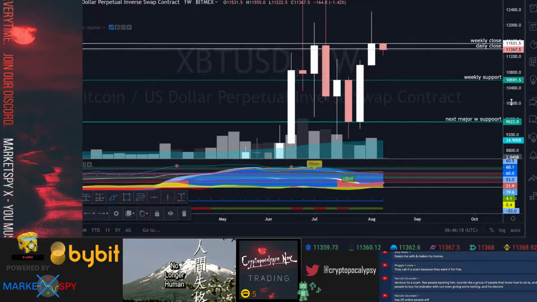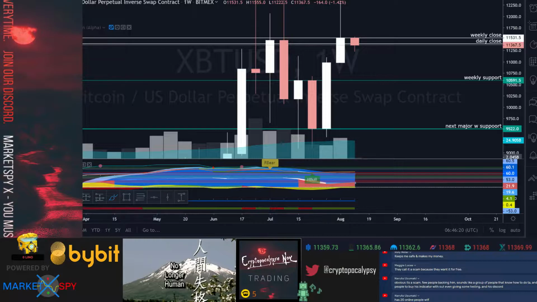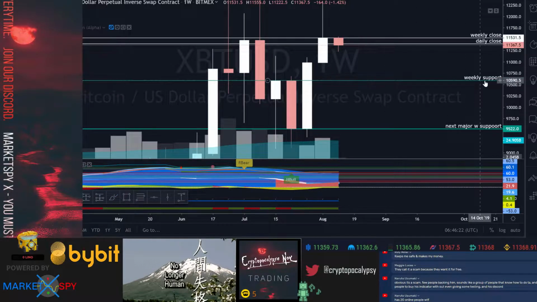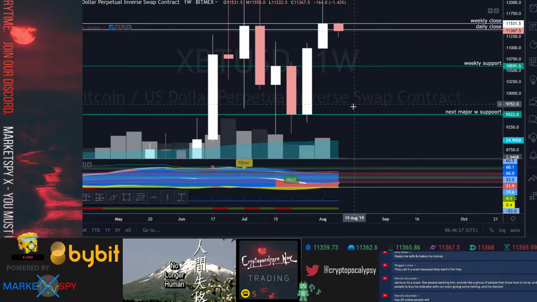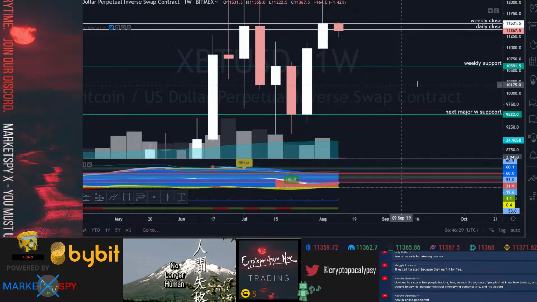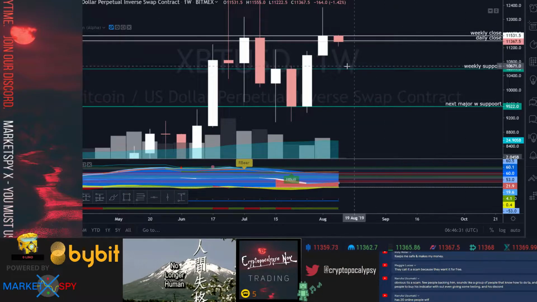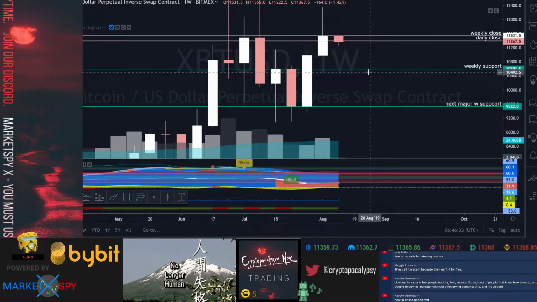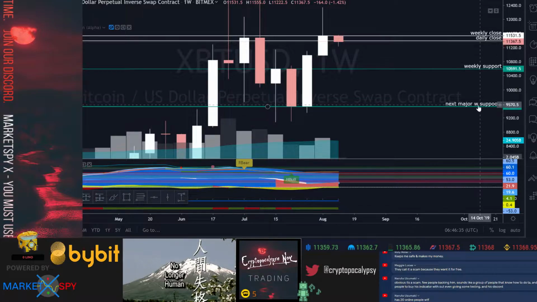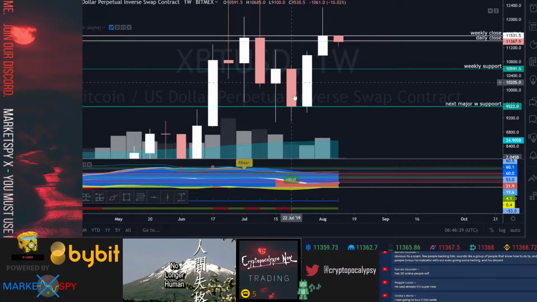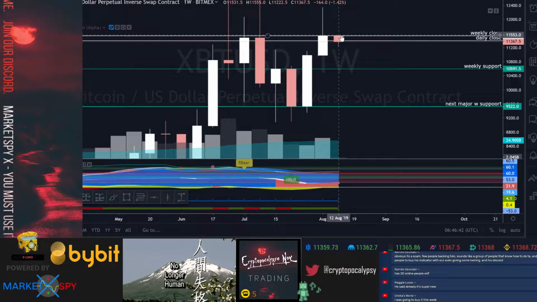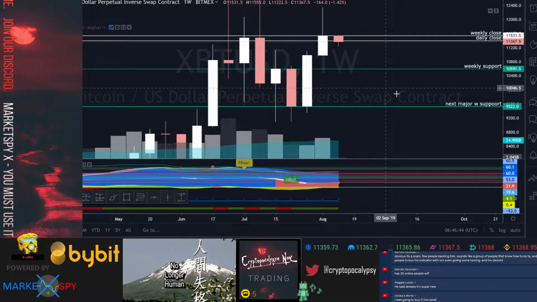So let's go over here and quickly go to the weekly support. Color your line a different color, so you know the difference. Next major weekly support is right down here. This was an absolute stop, and you can see 1, 2, 3. So probably 4 down to these